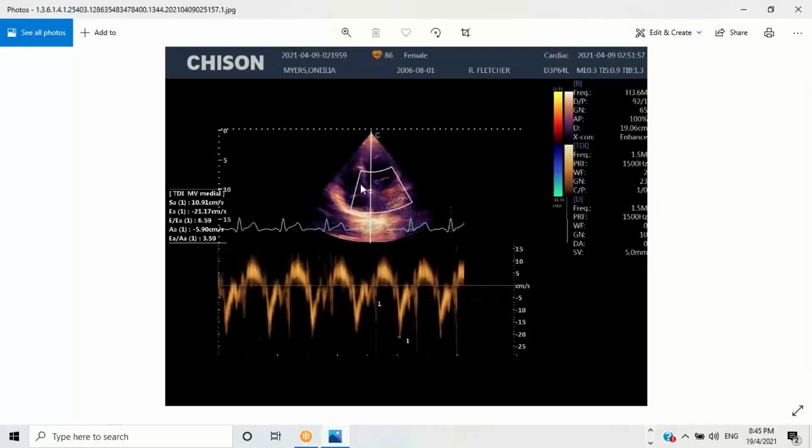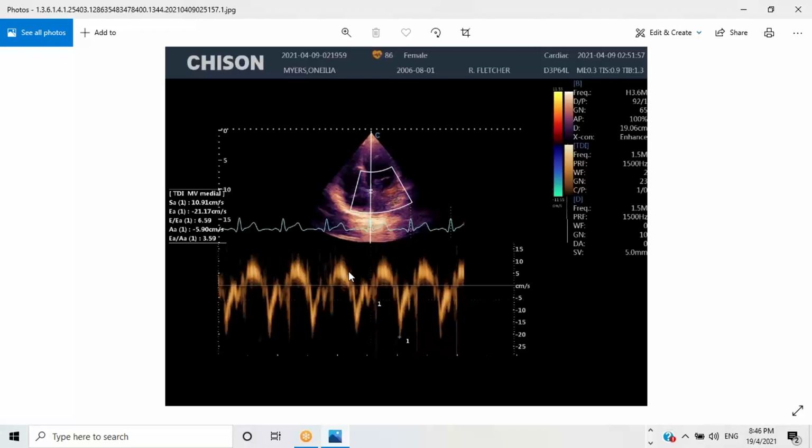Okay. So what's going on here? This is our apical four-chamber view. This is the cursor, and the sample volume is right there. This is the mitral annulus. This is what we call a tissue Doppler assessment. Tissue Doppler is a form of pulse wave Doppler. So when you put it on this location, there's a button to say tissue Doppler, the TDI button. You press the TDI button, and you get an